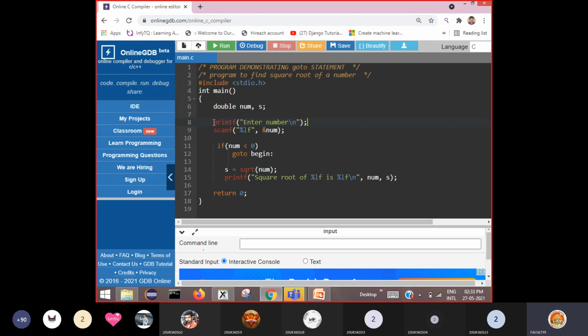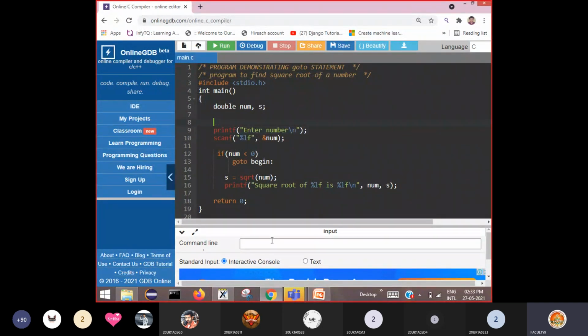Okay, so we said in the explanation that write this label before the statement where you want to transfer the control. So I want to transfer the control to this printf statement. So before this printf statement you write the label. What is the label name we have used here? This begin is the label name.